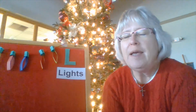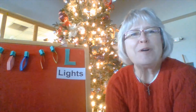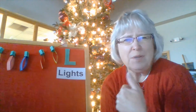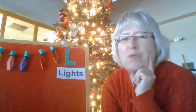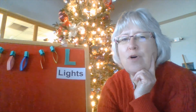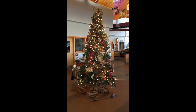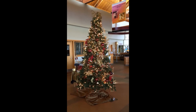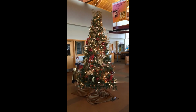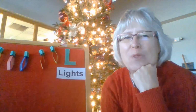L for lights. And I'll bet you can see some lights right there behind me. That's our library Christmas tree. Now, where I'm sitting right now to read our story, you can only see part of it. But I'm going to take a minute and show you what the whole tree looks like. Are you ready? Close your eyes, and I'll tell you when to open them. Open your eyes now. There's the library Christmas tree. Isn't it pretty? That's a beautiful Christmas tree, isn't it? You can only see part of it, but that's why I wanted you to see the whole thing because it's